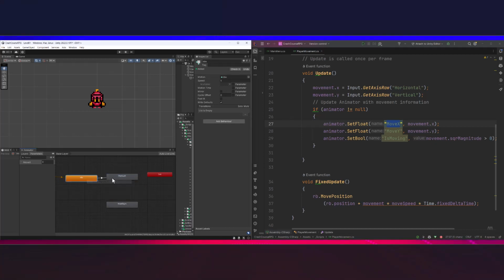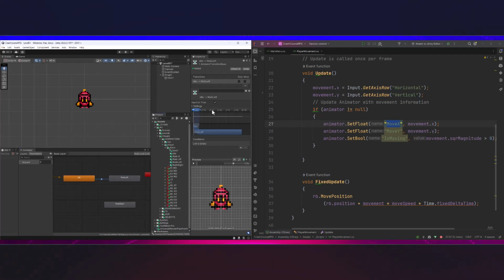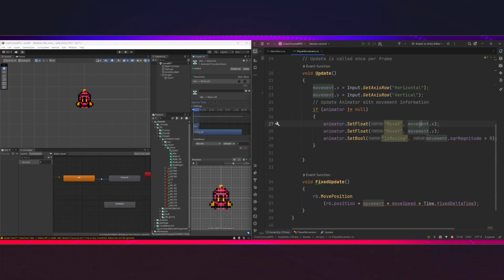So I'm going to right click, I'm going to make a transition here. And on this line here, we want to transition, and I want to do this immediately. So I'm going to turn off Has Exit Time. And it says list is empty. So it says moveX is, I want to hit plus to turn that on. And we're going to say, if we have any kind of movement here in the X axis,